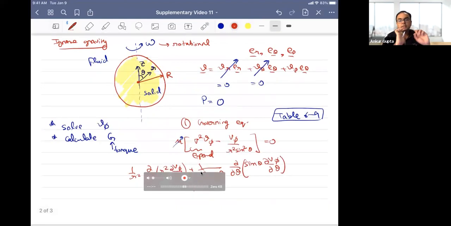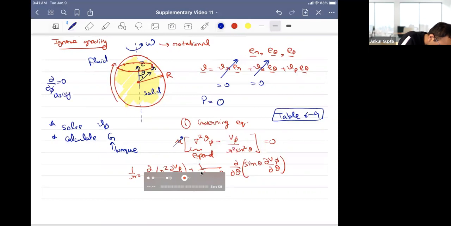You can imagine that whether I am here, so this is the phi direction, you're rotating around this, whether you are here, it doesn't matter. You can have a dependence on theta because theta is going in this direction. Okay, you will have different velocities depending on theta, but phi cannot have a dependence, and this is basically del by del phi is 0, or the problem is axis symmetric.